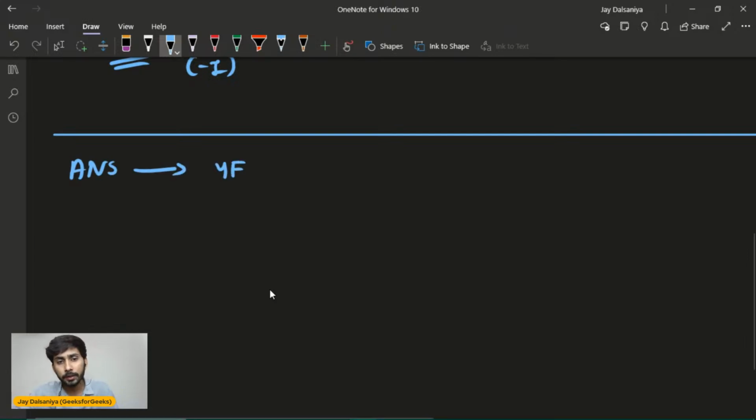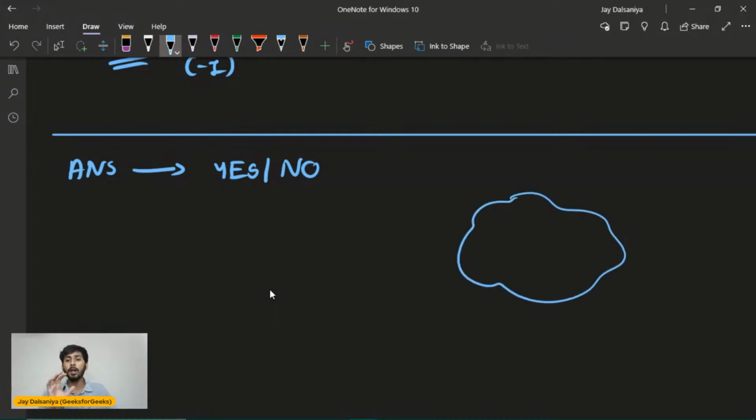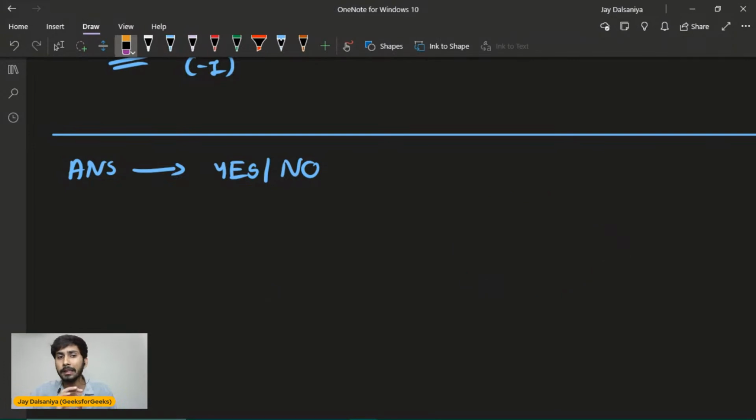This kind of observation is very important whenever you are solving a question, because this reduces the area in which you need to look for the approach. If the question asks you to print the entire string, then your thought process should be different. So the question wants the answer yes or no. Yes means A plus B plus C, and no means -1.